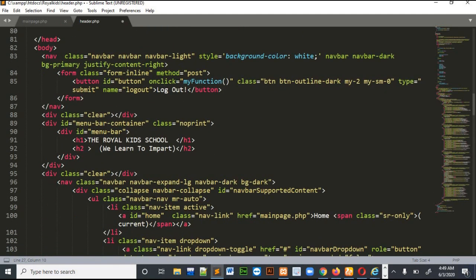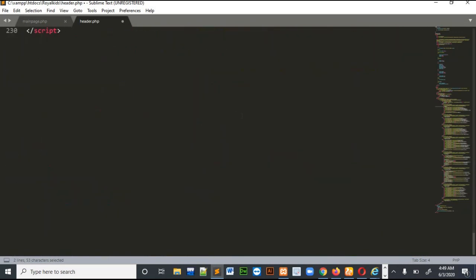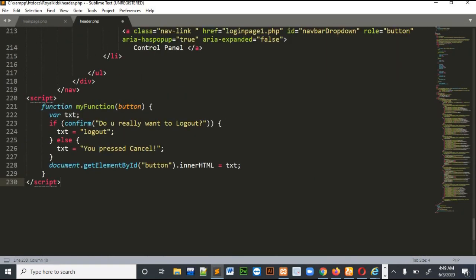So what this function is doing: whenever I click this button, this function will be called. In this function I am defining a variable which is text. Then there is a statement, confirm, which is a built-in function. It is asking, do you really want to log out.